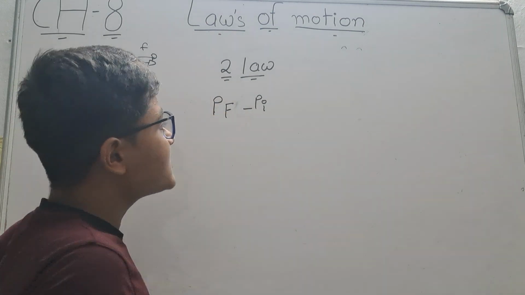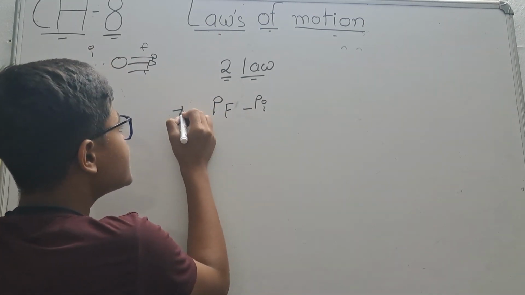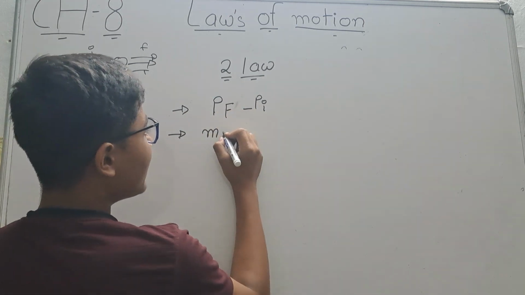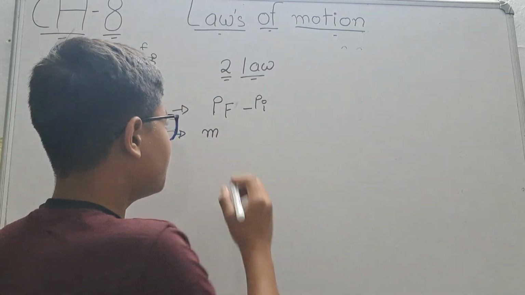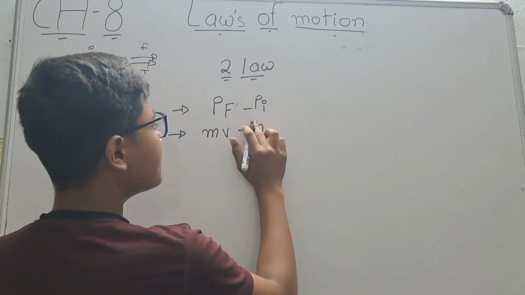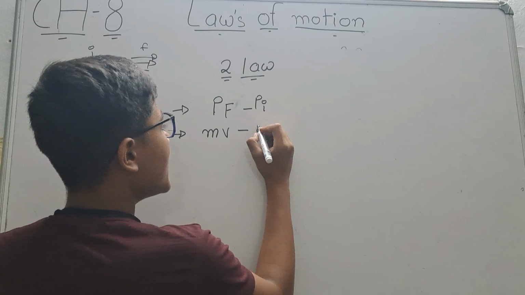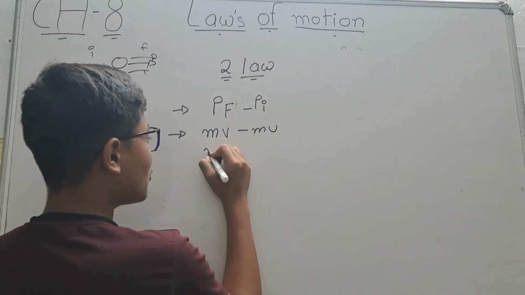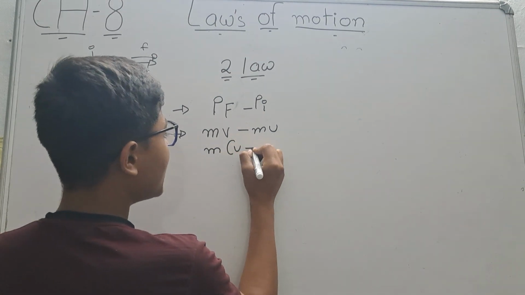Let's convert this: p means m, f means v, and i means u. So we will take m common, v minus u,